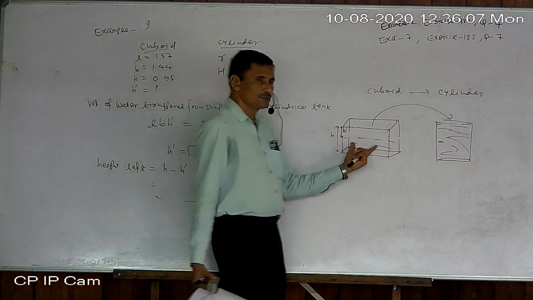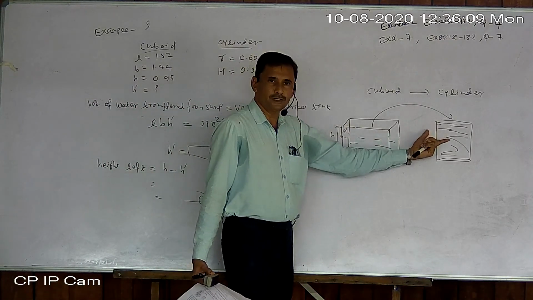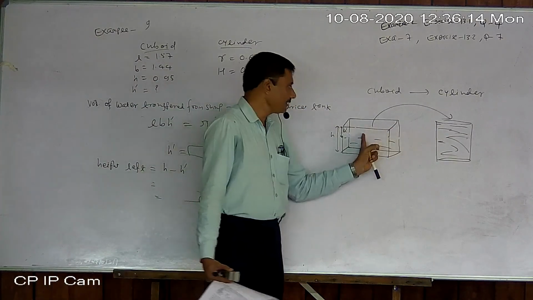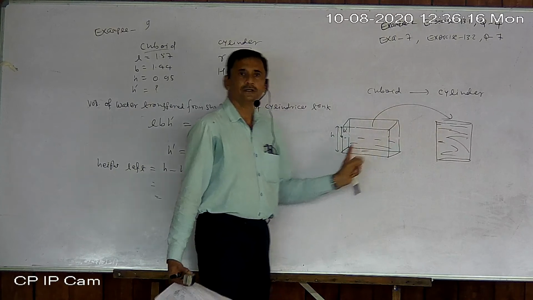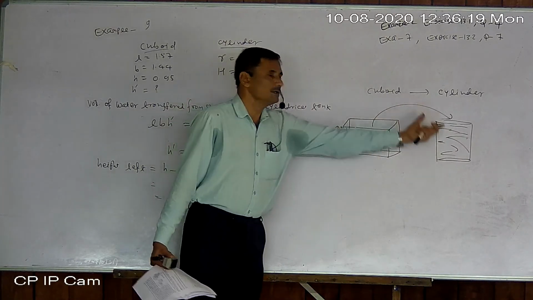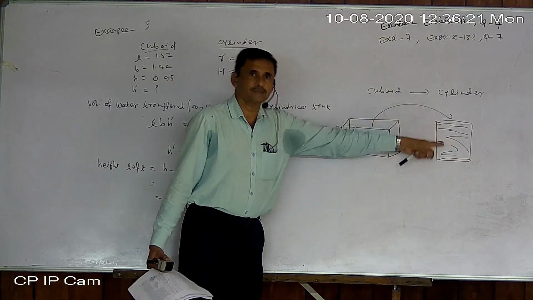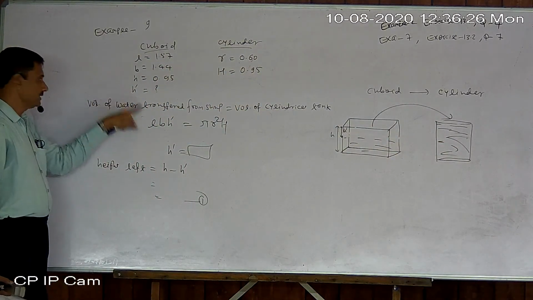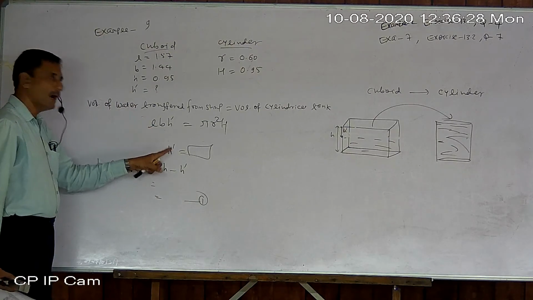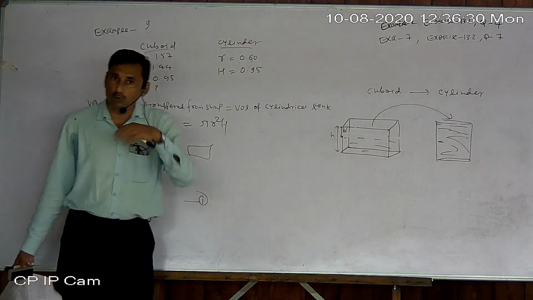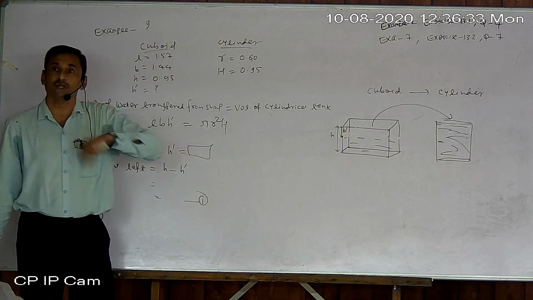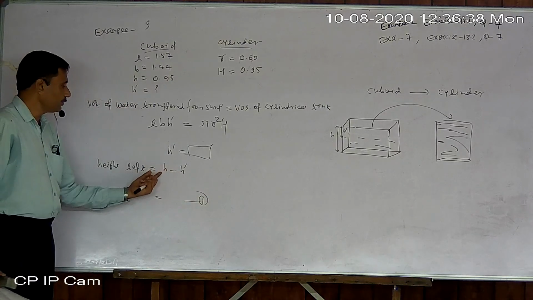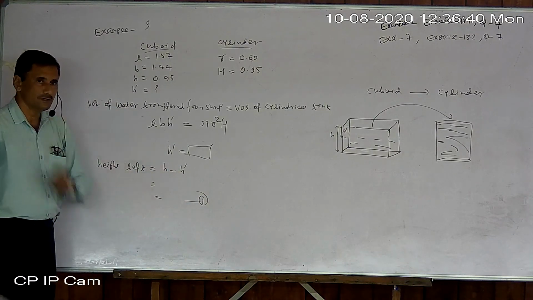First of all, understand the question. The cuboidal sump and the cylindrical tank have unequal quantities. The sump holds far more than the cylinder, so only some part of the height is transferred from there. Suppose that height is H prime, which we have to find first. After H prime, they ask up to how much height water is left, not gone. So we subtract H prime from the total height, and whatever you get is our first answer.